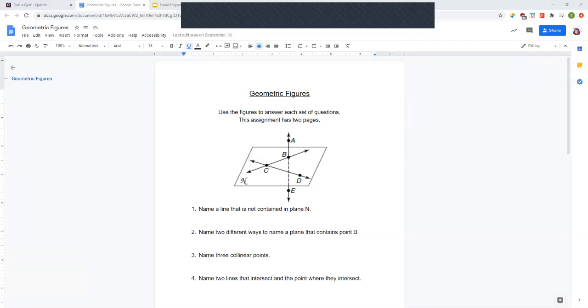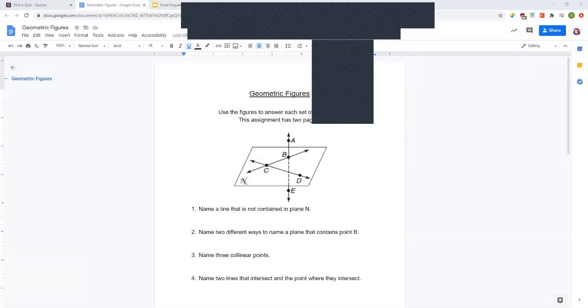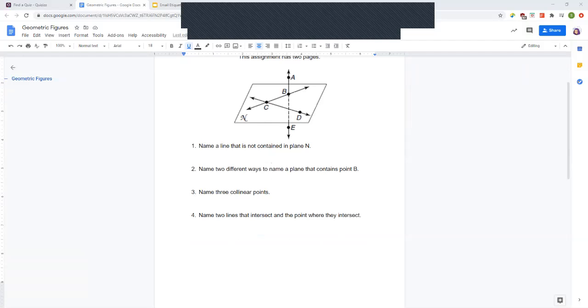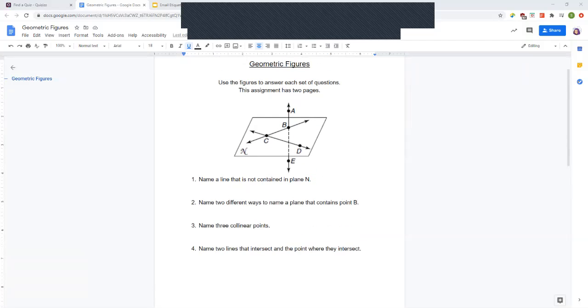Okay, so geometric figures. So this is a diagram similar to what we've been looking at. And so let's break some things down. Got my nice purple here going. I need the mouse so I can, there we go. All right, so